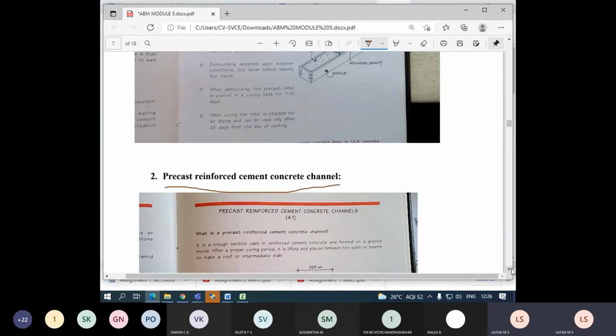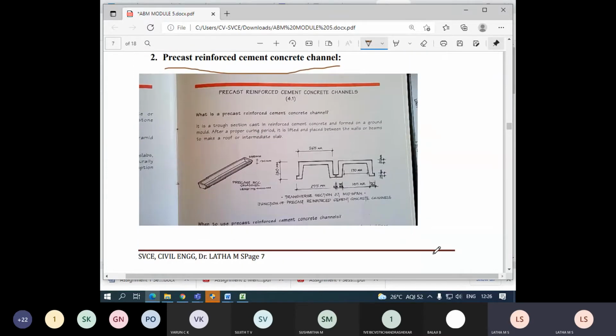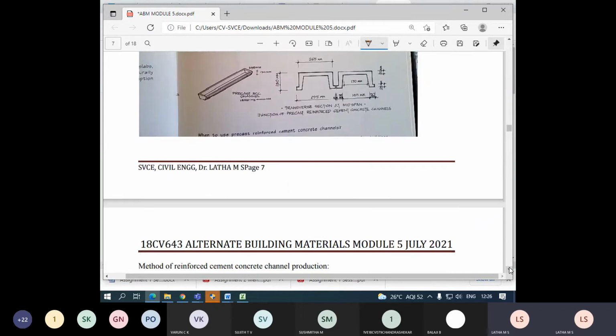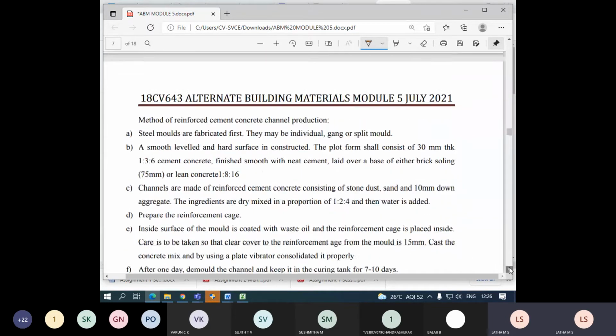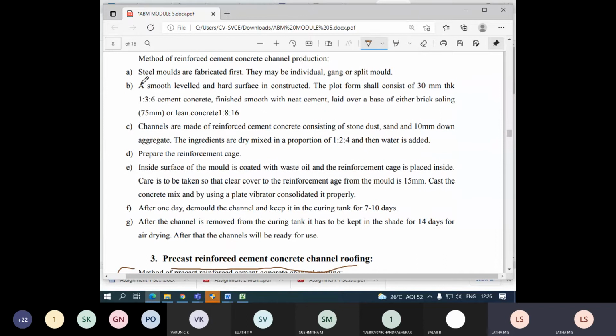You can see some book has referred to this. You can see this is a channel section. Can you see the channel section here? You can have different variations in the dimensions and the shape. The procedure includes, for casting the ferrocement concrete channel in production,